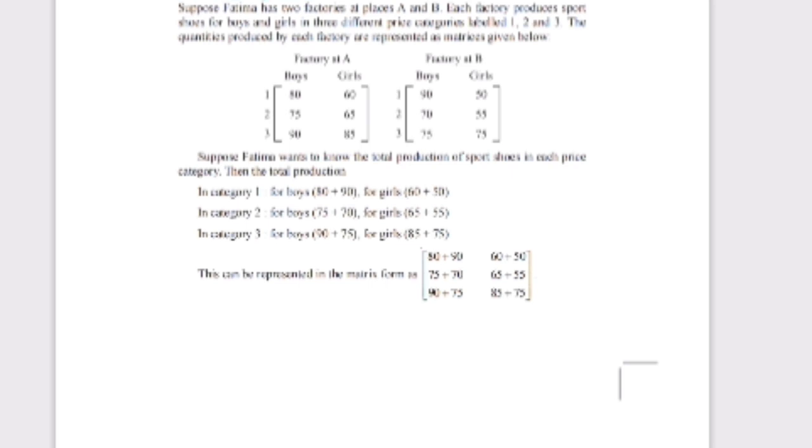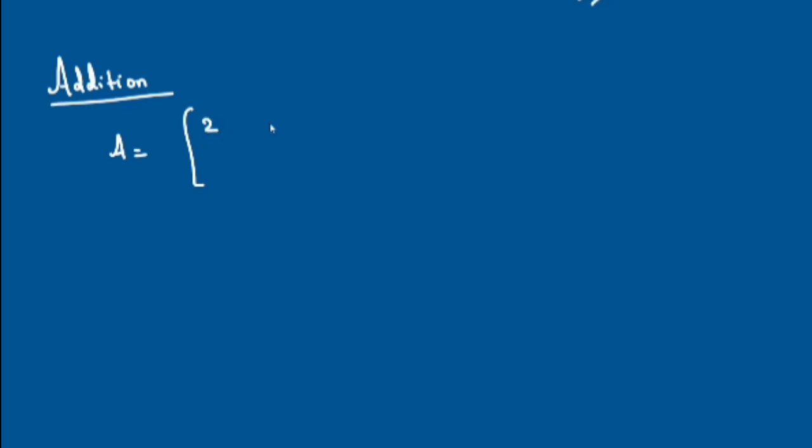Operation on matrices. First one, addition of matrices. How to add two matrices? To add two matrices, the condition is they should be of the same order. The order should be same. Then we can add. So suppose, for example, a matrix A is 2, 3, 4, 5, 6, 7, and matrix